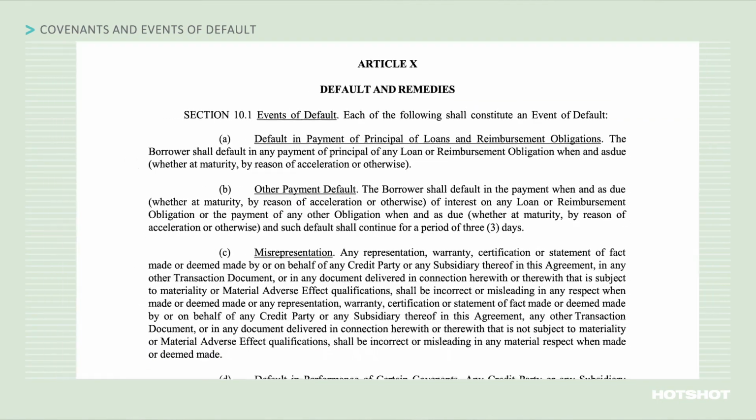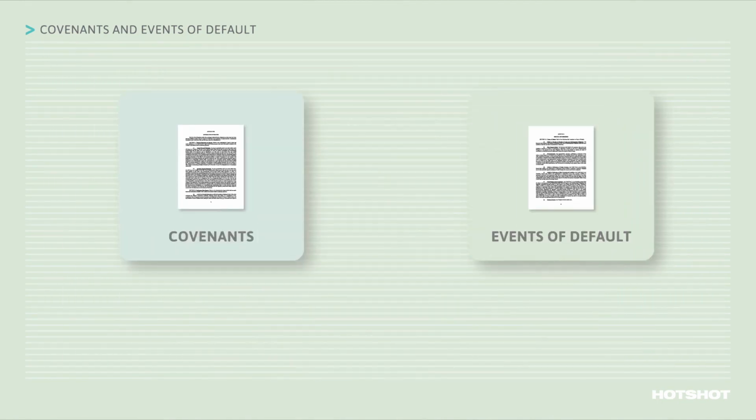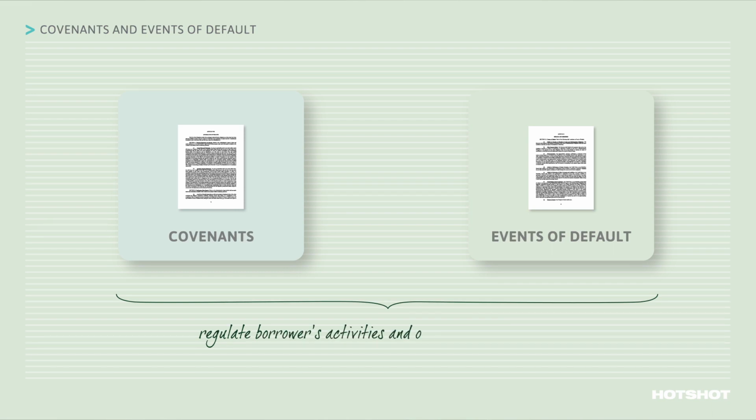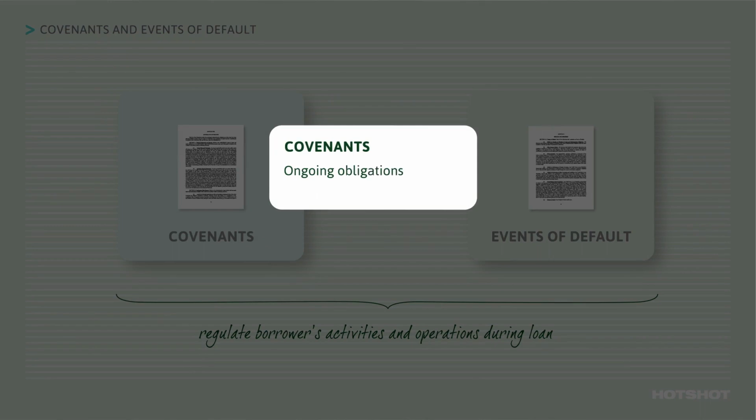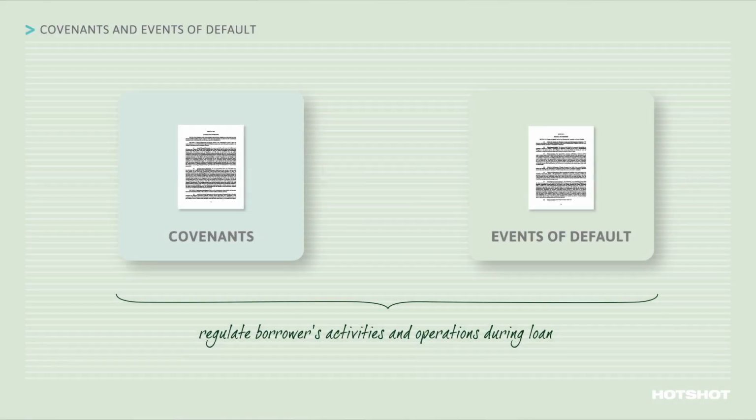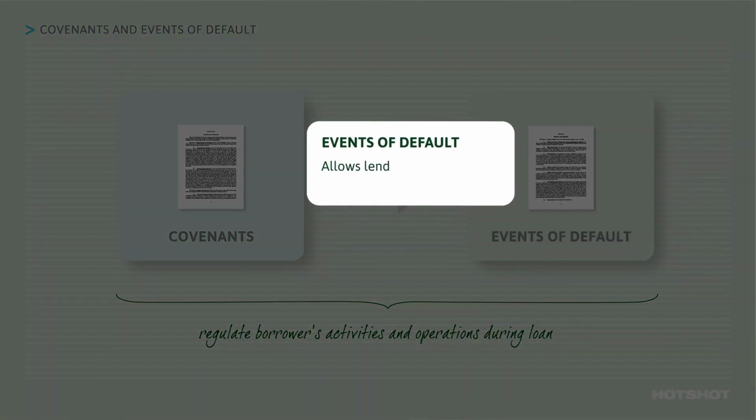Covenants and events of default are two of the most negotiated sections in a loan agreement. Together, these sections regulate the activities and operations of the borrower during the life of the loan. Covenants are ongoing obligations that the borrower has to comply with. If the borrower breaches a covenant, the result is an event of default, which allows the lender to demand repayment